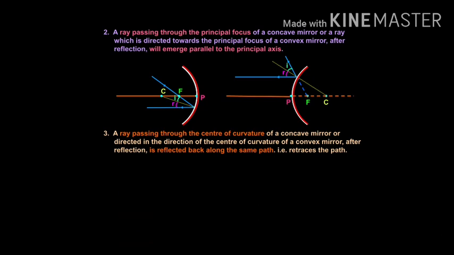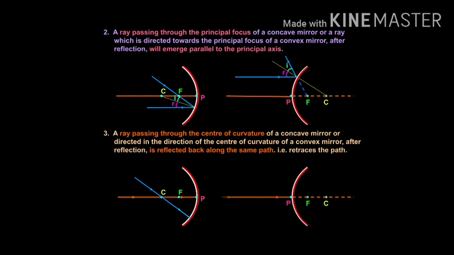Now the third point is that if a light ray is passing through the center of curvature, then as this line will be normal to the mirror, in that case the angle of incidence will be equal to 0, and as the law of reflection says, if i is 0, r must be 0. So to satisfy this condition, the light ray reflects back along the same path. As you can see, this is the same path reflection, because in that case the angle of incidence is 0, so the angle of reflection will also be 0. And the same can be done for the convex mirror too. So it is a light ray, so it will reflect back. This is the third law.